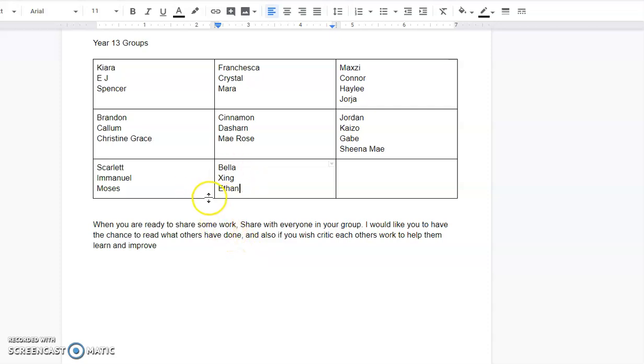Okay. If you have any problems with that or with the groups that you're in, just let me know. I'm still okay if you want to work with somebody else, say Bella and Scarlett want to work together, that's okay. It just means that you're going to be sharing your work with more people, as long as I know that you're working together and not just Bella doing the work and saying that Scarlett did it with her. Alright, that's me. If you've got any questions,